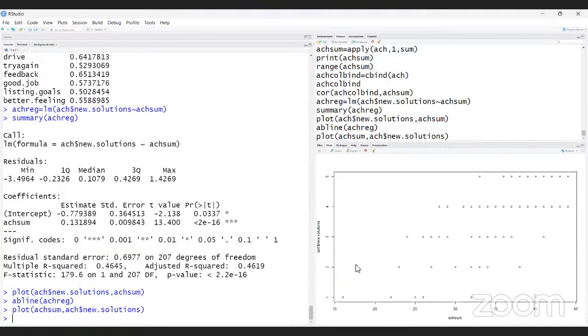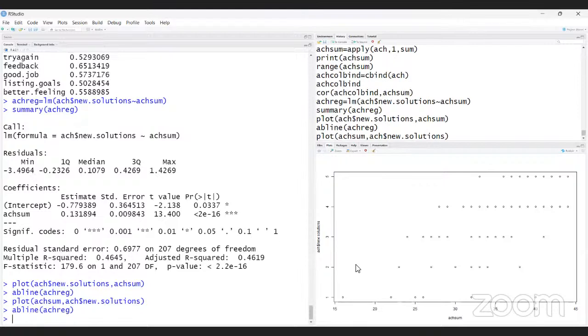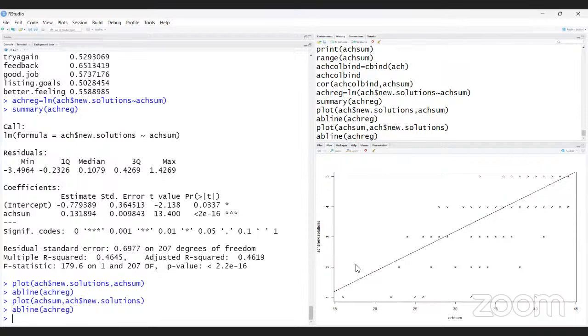That is the plot. And applying reg. Okay. So you are getting the regression line.